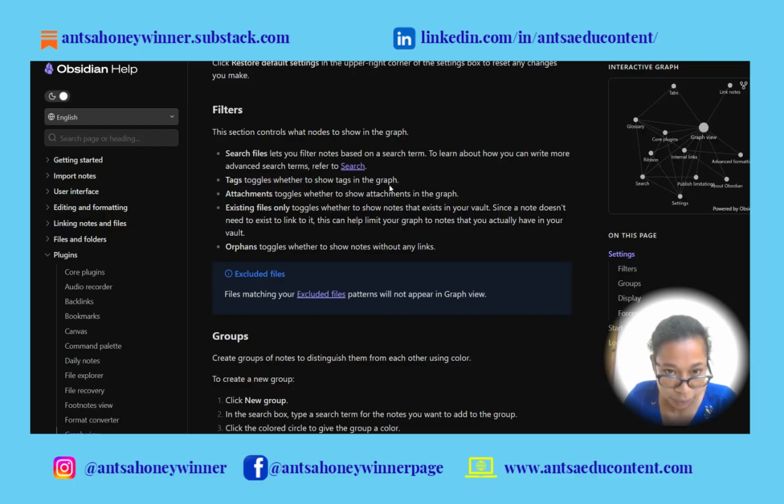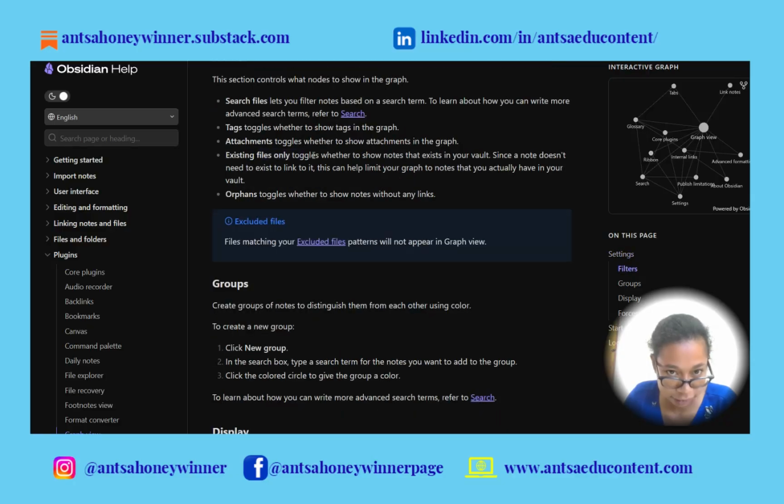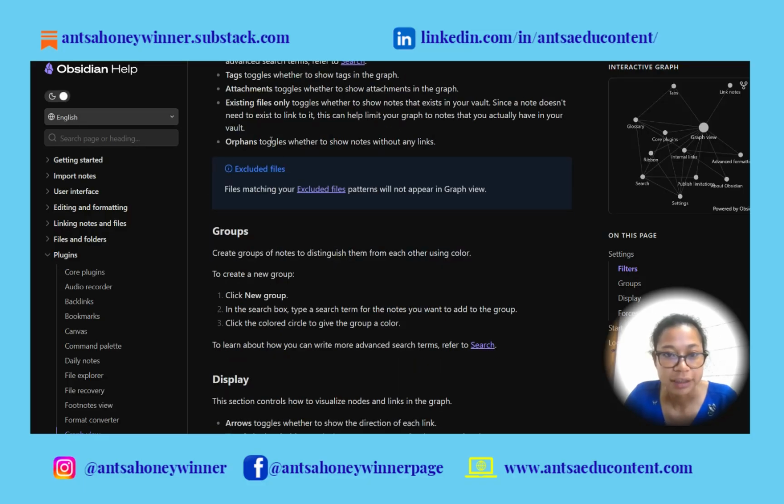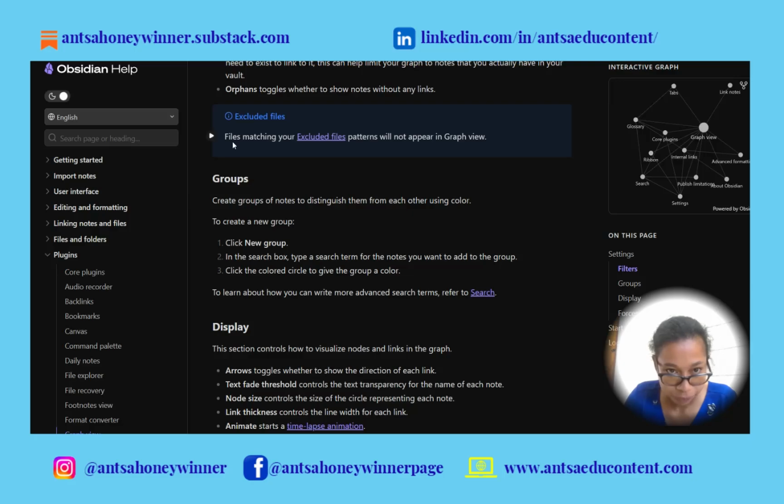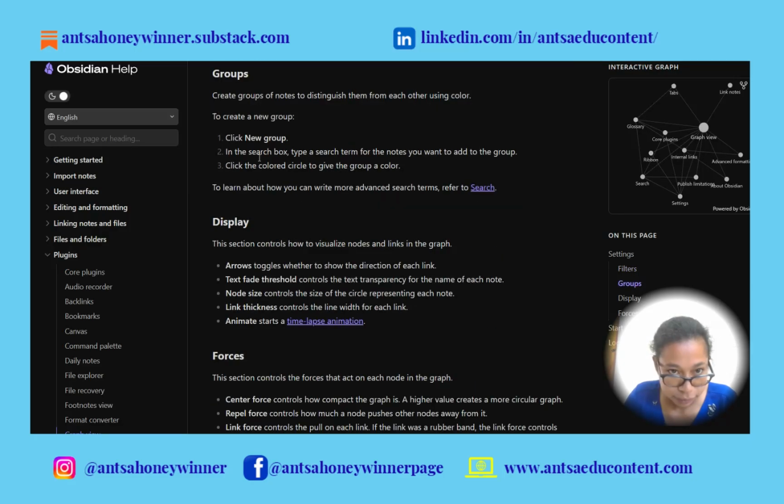Tags toggles whether to show tags in the graph. Attachments toggles whether to show attachments in the graph. Existing files toggles whether to only show nodes that exist in your vault. Since a node doesn't need to exist to link to it, this can help limit your graph to nodes that you actually have in your vault. Orphans toggles whether to show nodes without any links. And they say, oh,